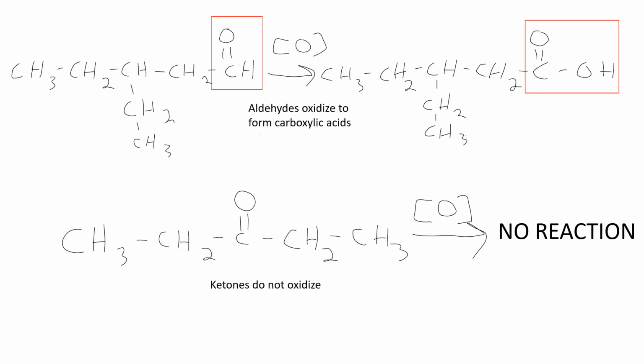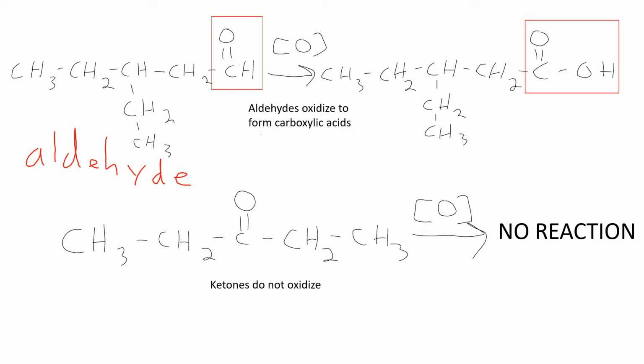So we've kind of already seen what's going to happen for aldehydes and ketones based upon what's happened with primary, secondary, and tertiary alcohols. But let's just do an additional reaction for this. Another example to show this. So in the upper left-hand part of the screen, the molecule that I have is an aldehyde.